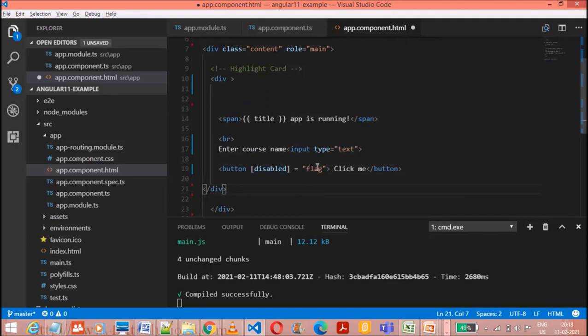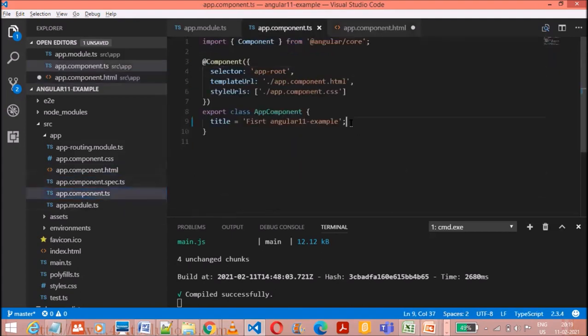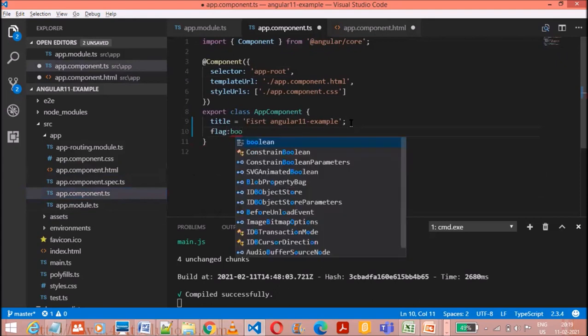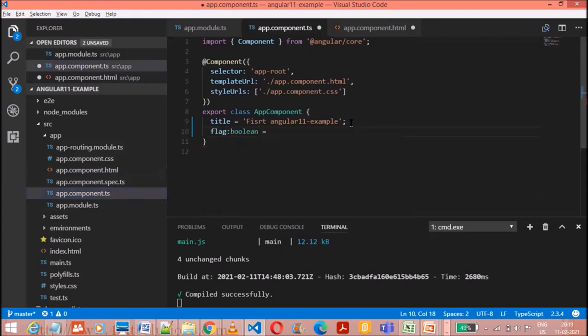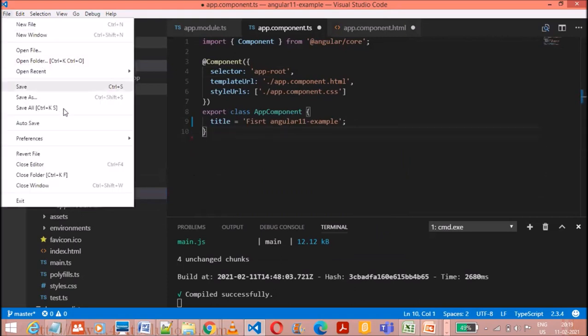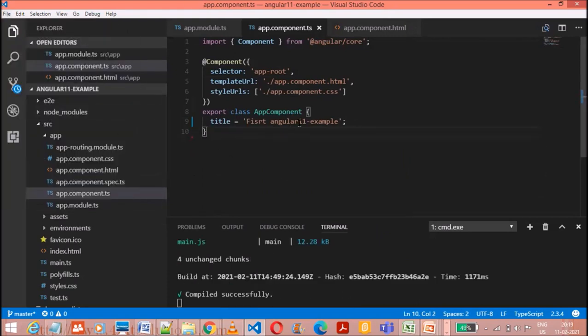Now how can we change this value? This is my property binding. We can change this value in my TS file. So I'll create one variable flag of type Boolean. If I make it true, it would be disabled.